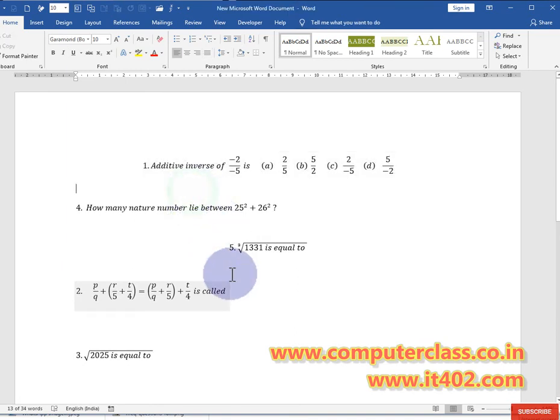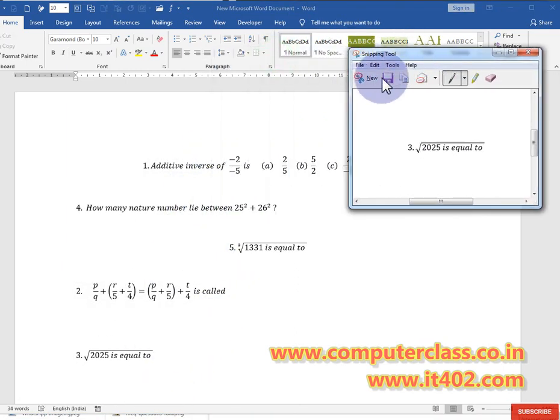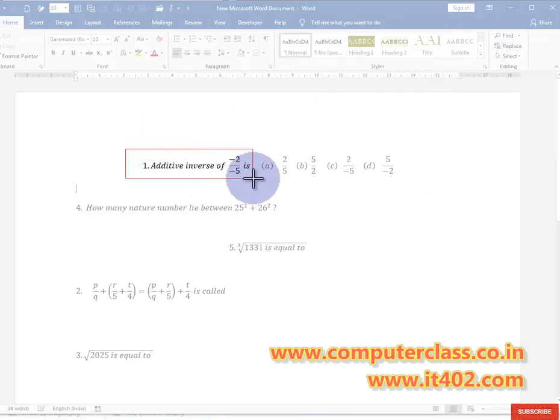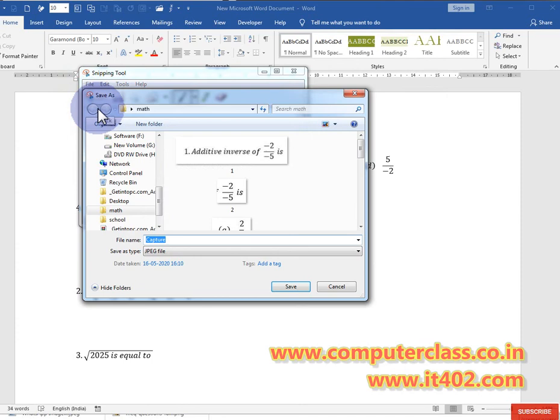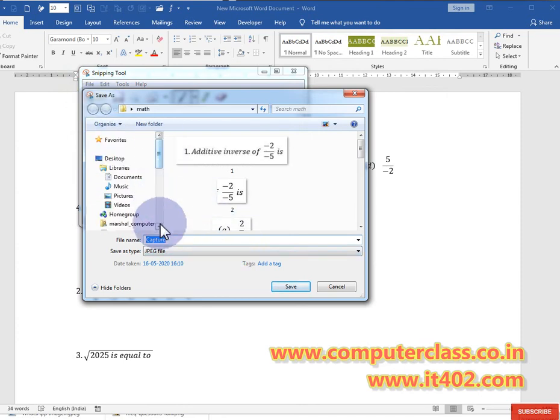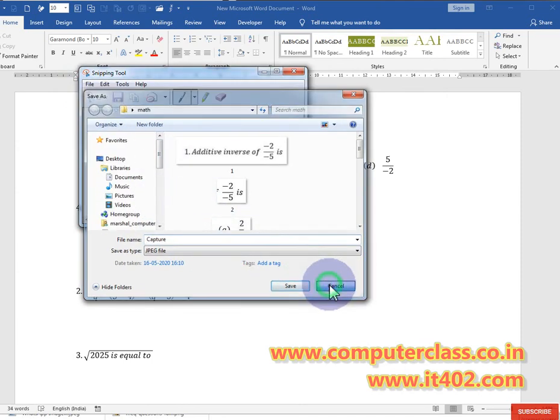After writing them, you can use the snipping tool option. With the snipping tool, you can easily crop the particular area of the picture. You need to save that picture with a meaningful name, so that you can easily identify it.